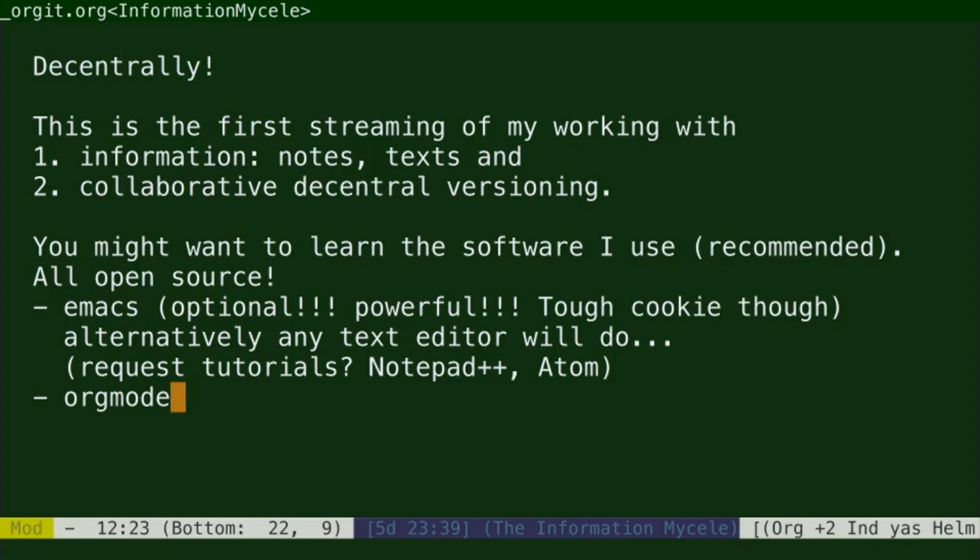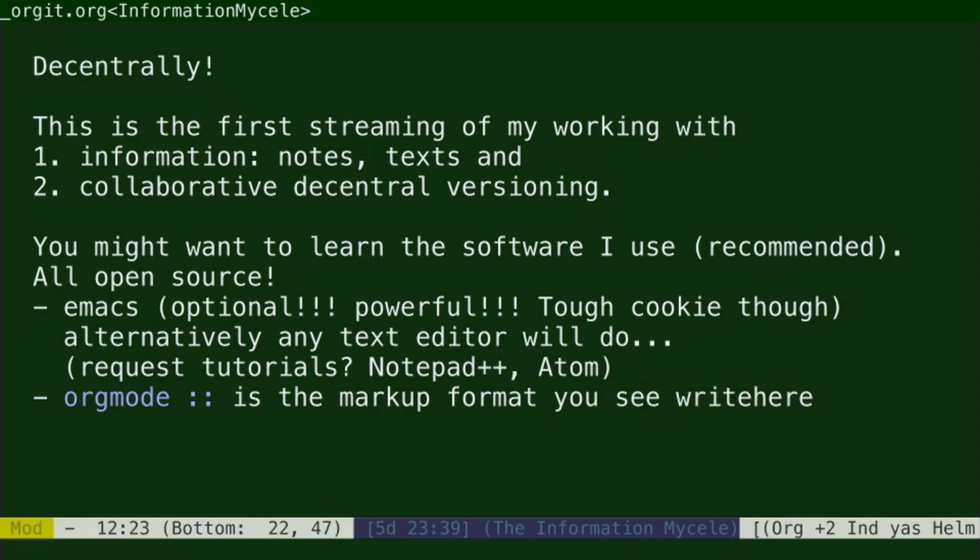The important part is that text needs to stick to a certain format. What you see me writing here is orgmode. It's a markup format for text files. That means you can define parts of the text to be written in bold or in italics.